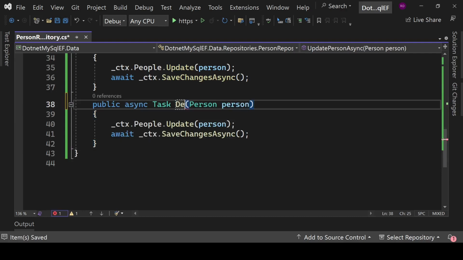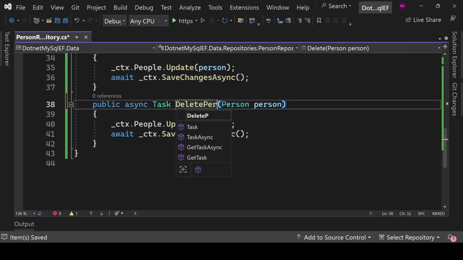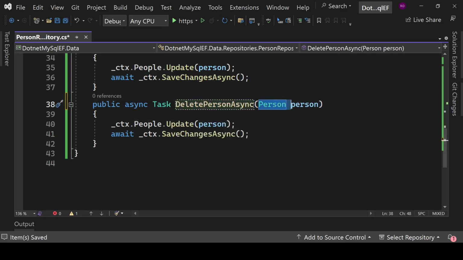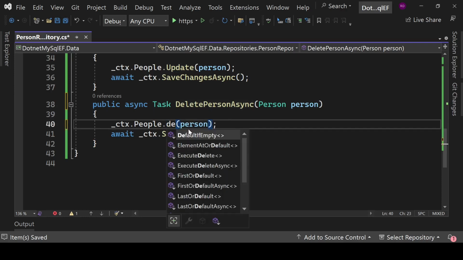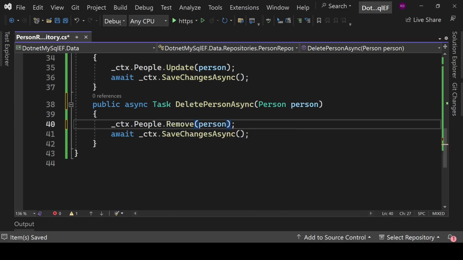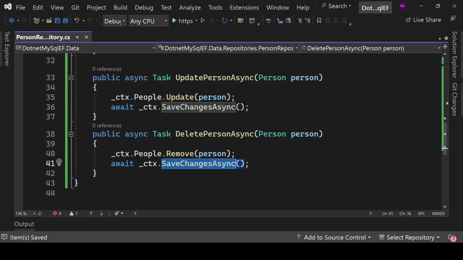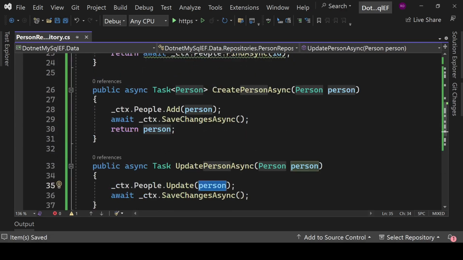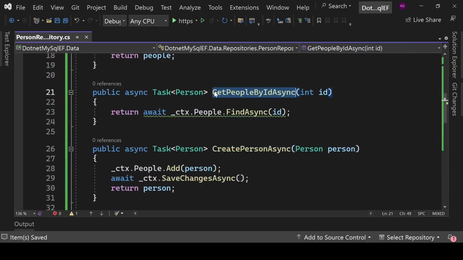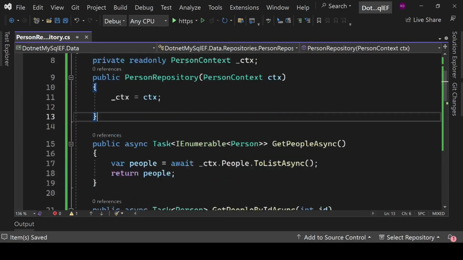Just name it delete person async, and here it will be remove. Okay, now we are fine. So here we have removed this person, updated this person, created a new person, find by ID, get people async,